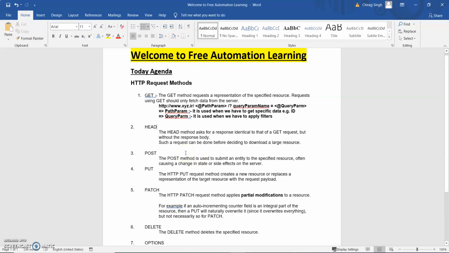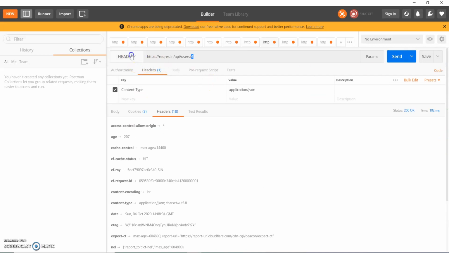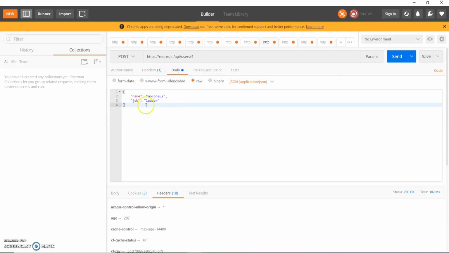Post method is used when we have to create a new resource on the server, right? If I need to create a new user, suppose I put a post. For post we have to send a body, right? We have to send a body along with the post. So here I pass Chirag, job is YouTuber,